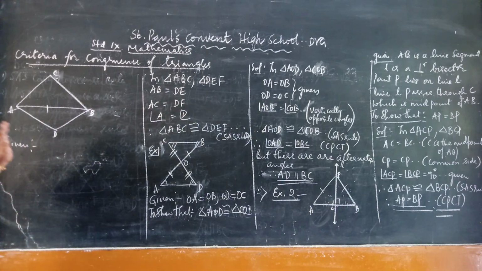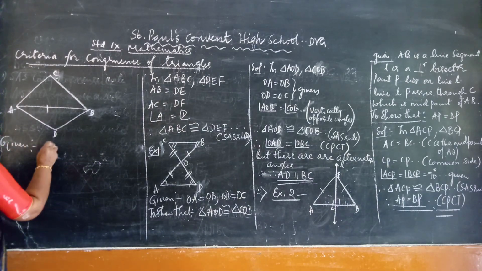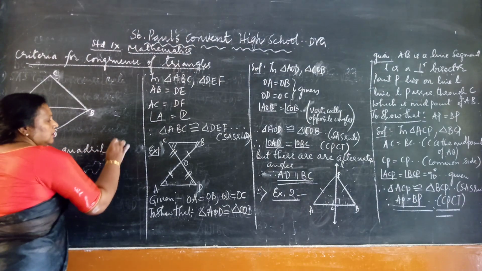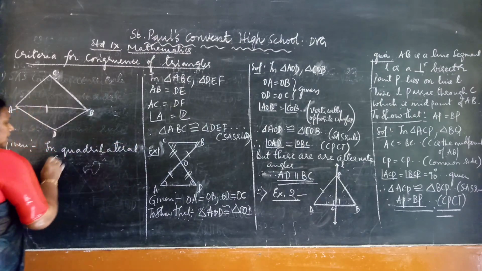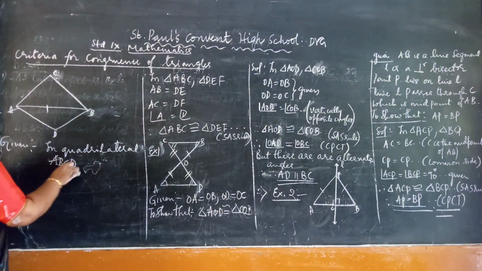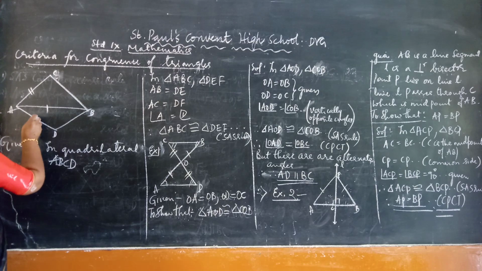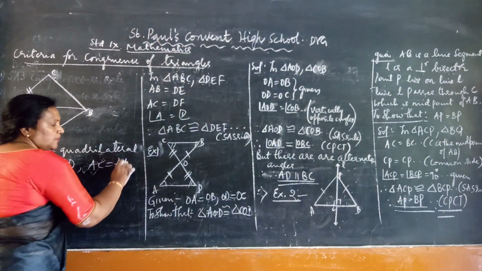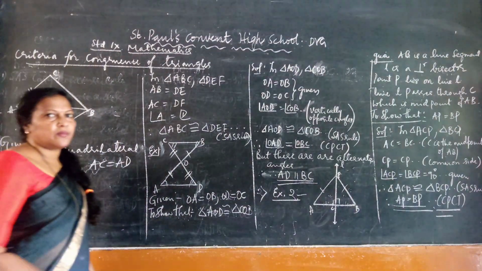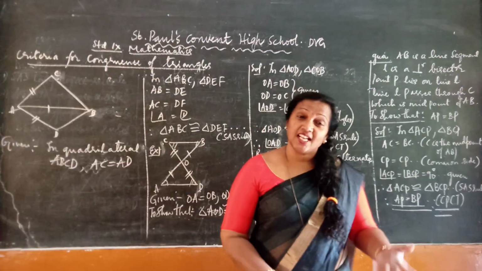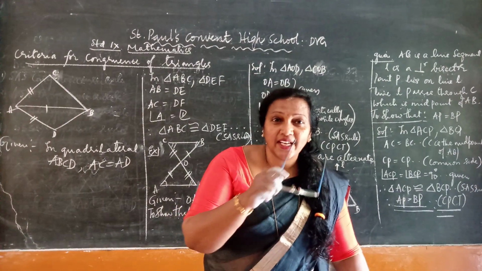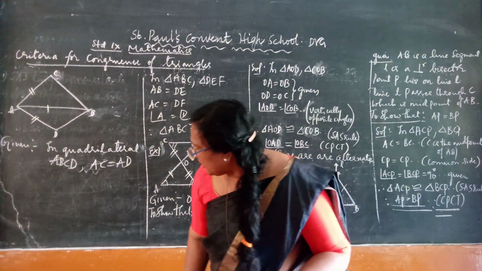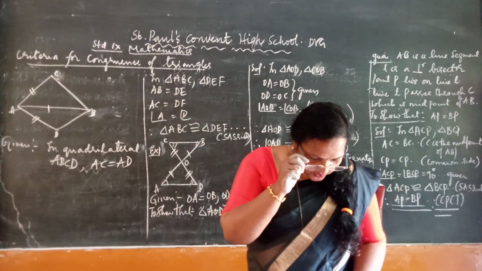problem and able to write the given things in quadrilateral ABCD. What he has given is AC is equal to AD. Is this what I am writing correct? If not, if you are in the class and have told this it is wrong, rub it and write. But let me go through. AC is equal to AD. Yes, I have written correct. AC is equal to AD.